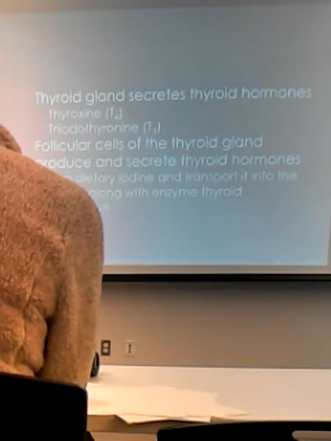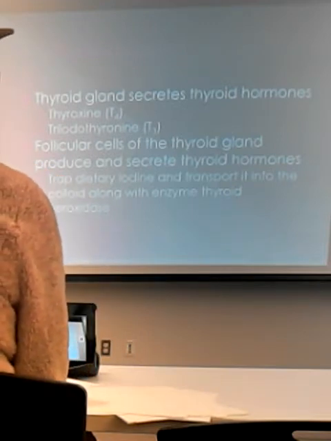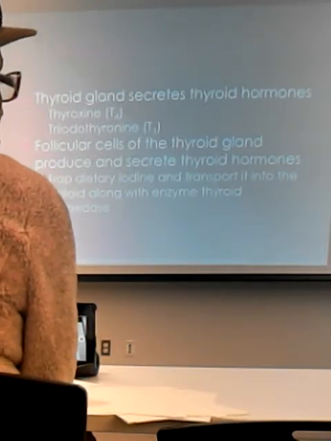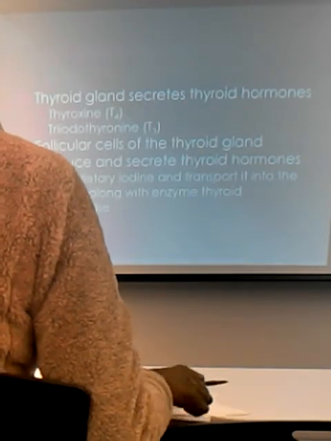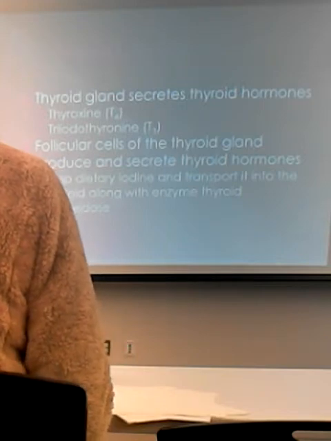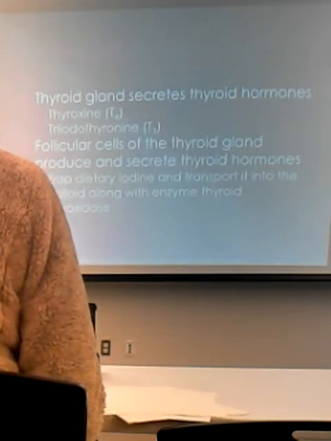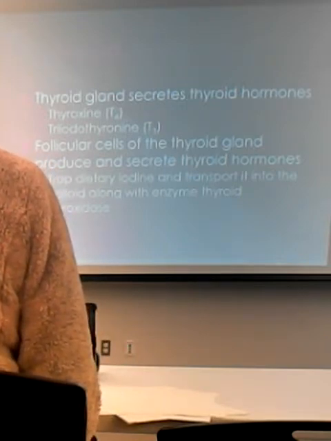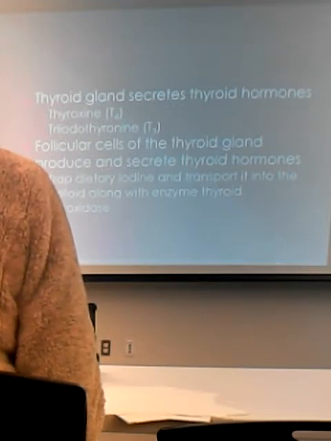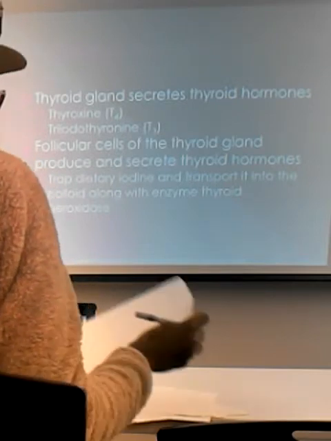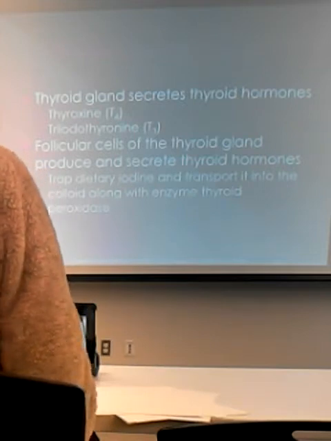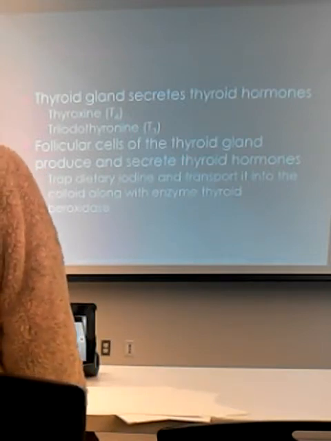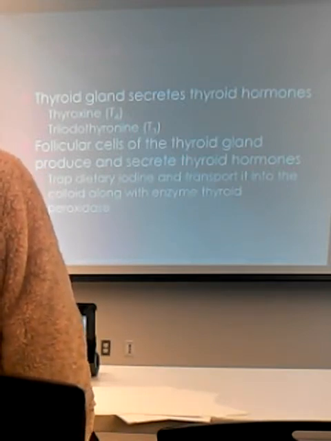Okay? So, you don't need to know that it's the follicular cells of the thyroid gland that actually make T3 and T4, but you do need to know that it's follicular cells that are the boundary of the storage chambers of T3 and T4. Okay? Makes sense to you guys? Because when we talk about Hashimoto's, you tear apart what? The follicular cells, and you dump accidentally a whole bunch of T3 and T4 in circulation.